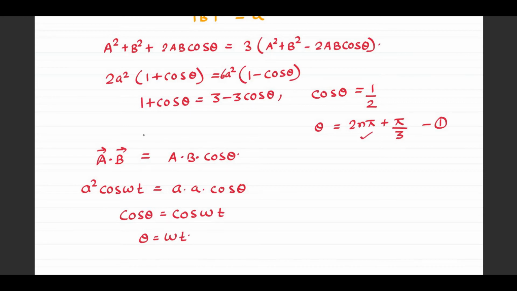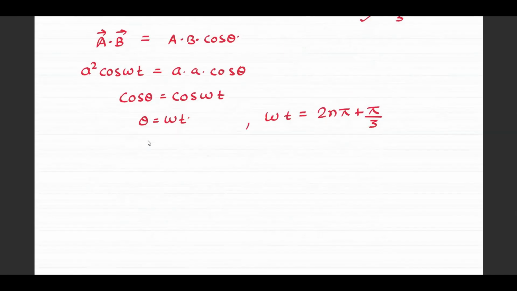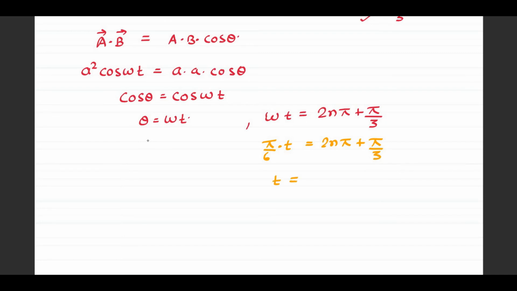Theta you have already got the general solution. So can I say omega t will be equal to, value of omega is given to us as pi by 6. Time is then